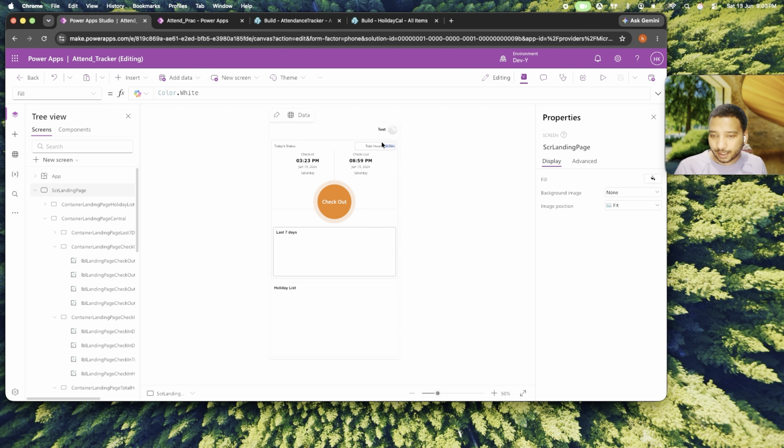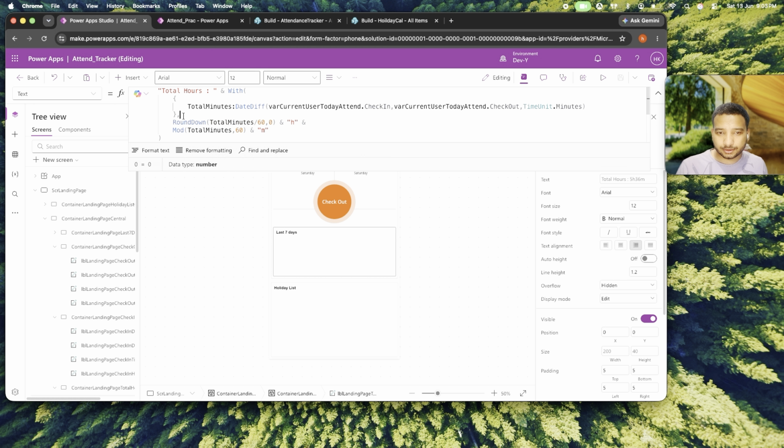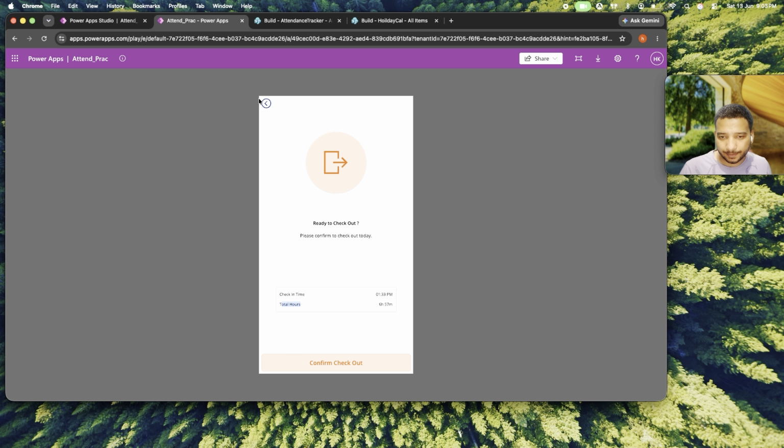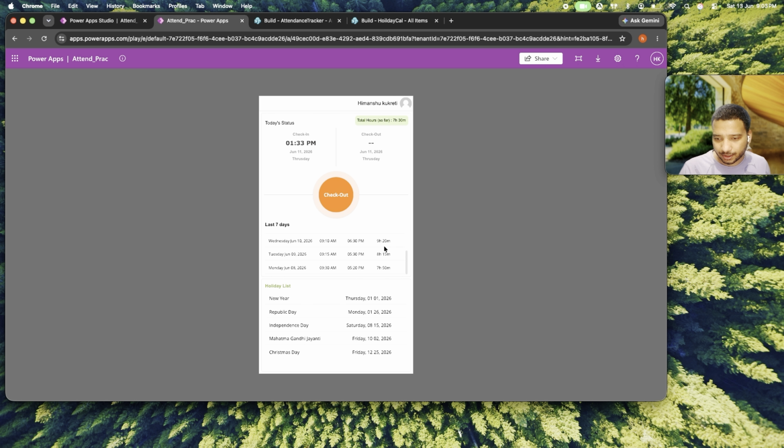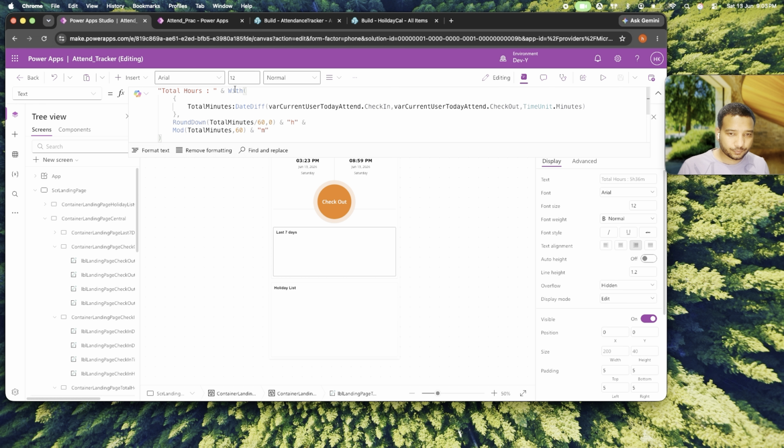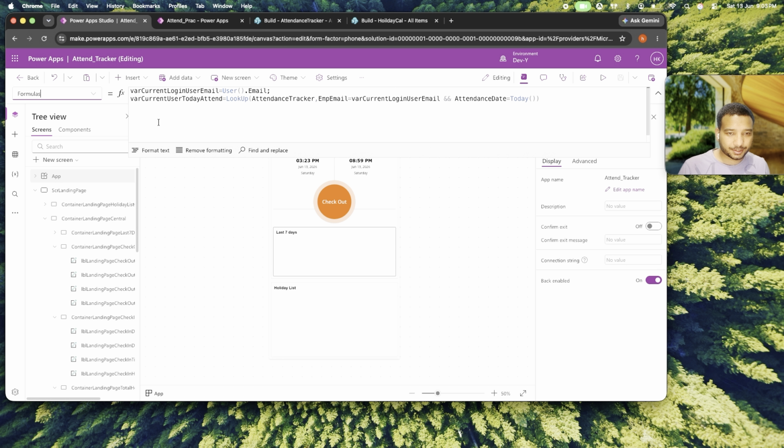Now what will happen, I need to recalculate this formula on the checkout screen. Also, if you see the app here, it needs to be calculated on the last 7 days attendance. So I will just move this complete formula into the formula section. I will create a new formula here. Let's see, fx calculate time